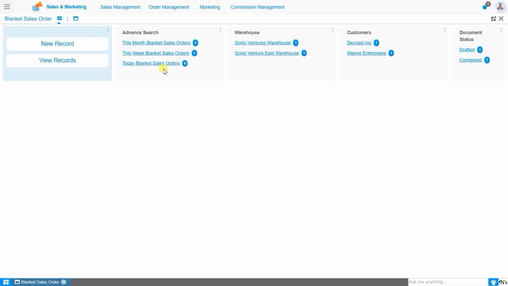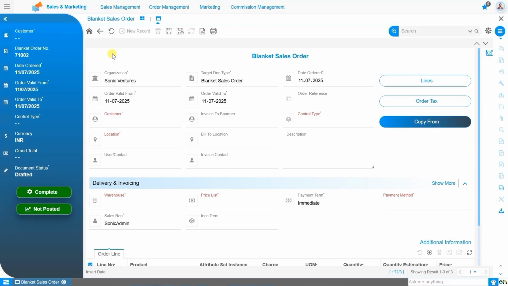Apart from the advanced search mosaics, the warehouse, customer, and document status mosaics can also be used to quickly filter and locate specific records, making it easier to manage and navigate through the blanket sales orders. To begin, click on the New Record mosaic. This will open the screen in single record view, where you can start entering the necessary information to proceed with